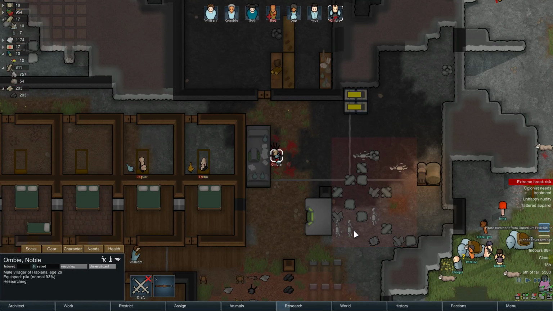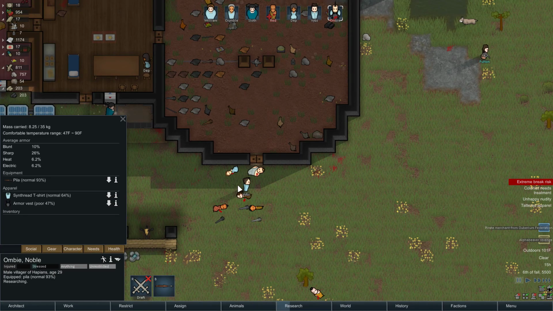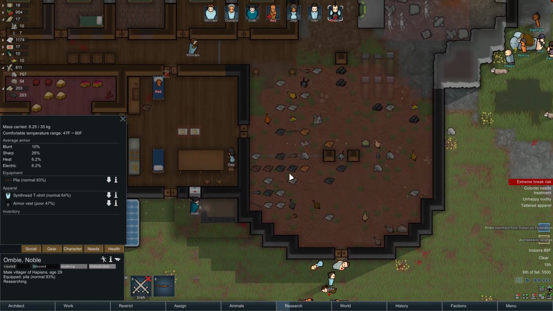Okay, also, let me find my people. What do you have? You just have a normal Pila, so trade that in for a... Is it already gone? I think someone already hauled it or something. It's...